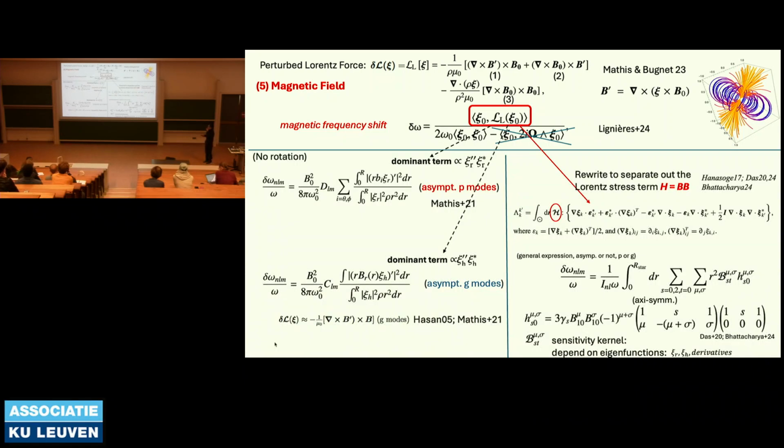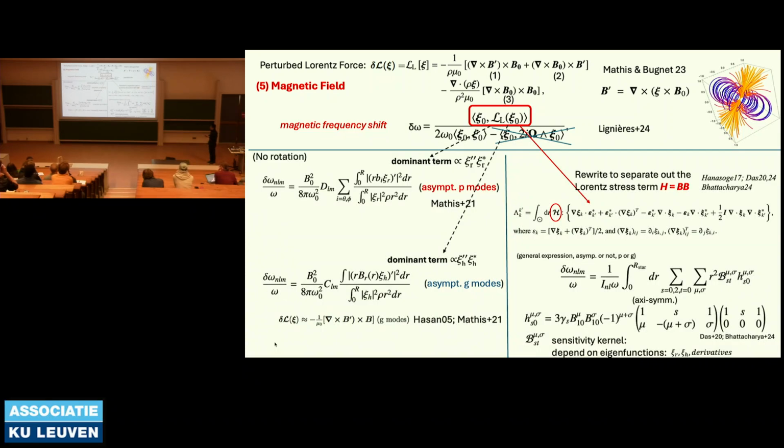So, okay, you may say, we want to keep all the terms here. If you want to keep all the terms in this inner product, a nice way to do this is to expand your magnetic field and your velocity field in spin-weighted spherical harmonics, which is better than normal vector spherical harmonics. And you work out all these vector or tensor operations, and finally you can separate out all the effect on the magnetic field. So here is the magnetic field, which is like the Lorentz stress tensor, B, and then we have a kernel here. This technique has been applied